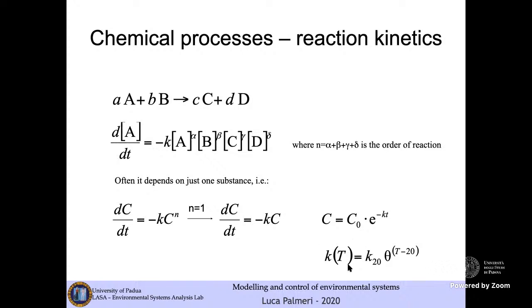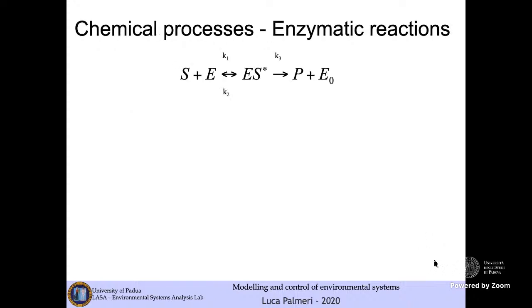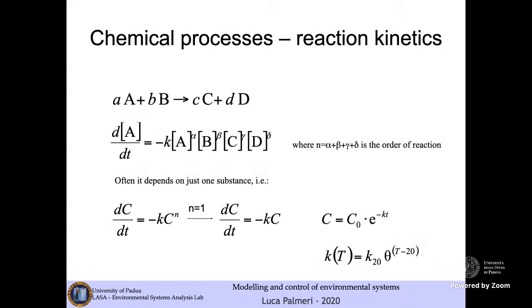So in our model we say that the equilibrium constant of the chemical reaction at temperature T is equal to the equilibrium constant of the chemical reaction at 20 degrees multiplied by this Arrhenius term, that is theta elevated to the difference of the temperature from the reference temperature of 20 degrees. I am sure that you have seen these Arrhenius relationships all over,